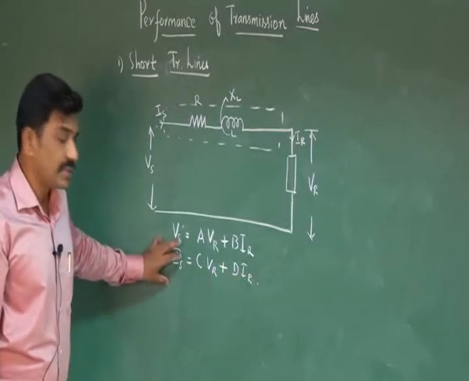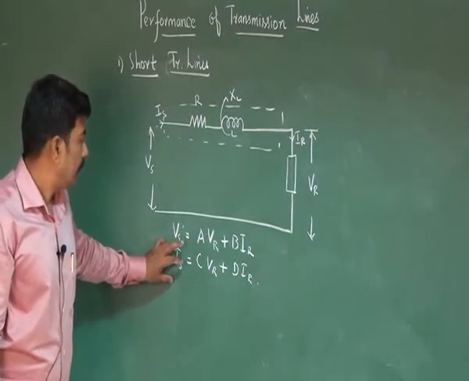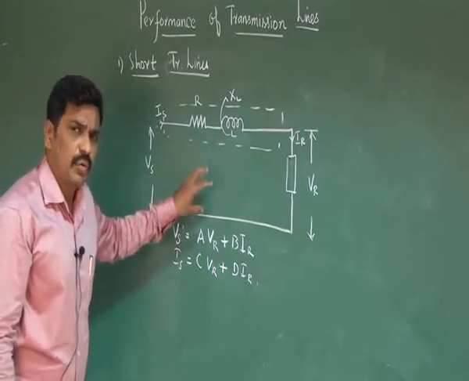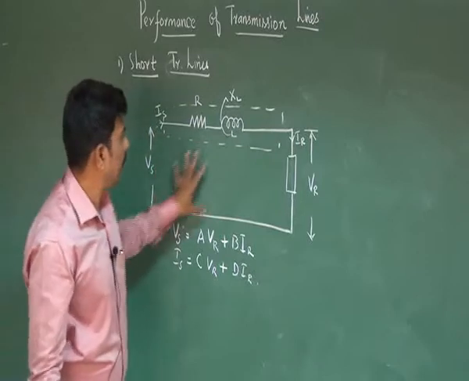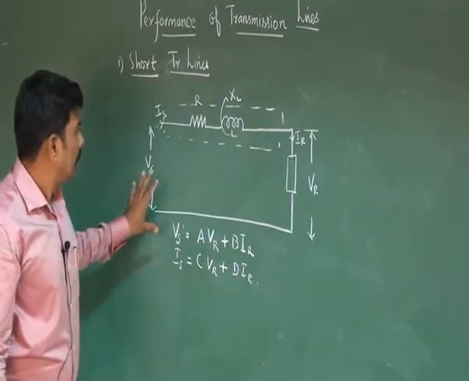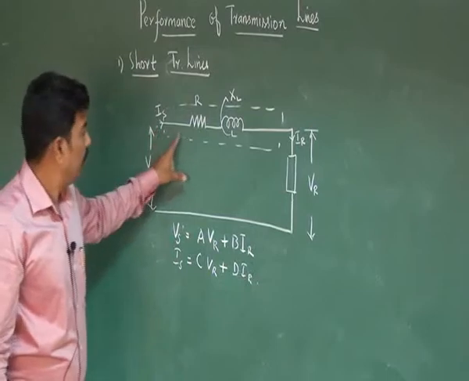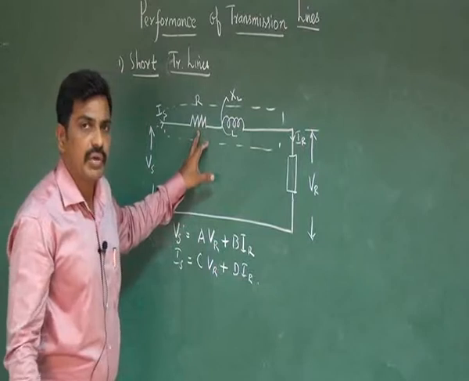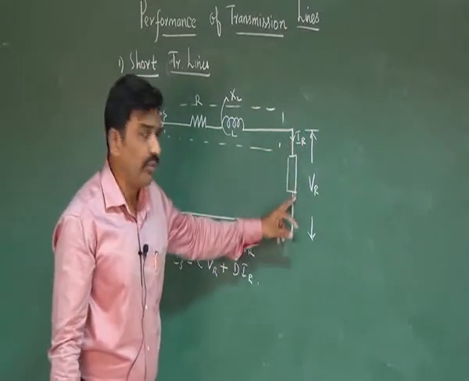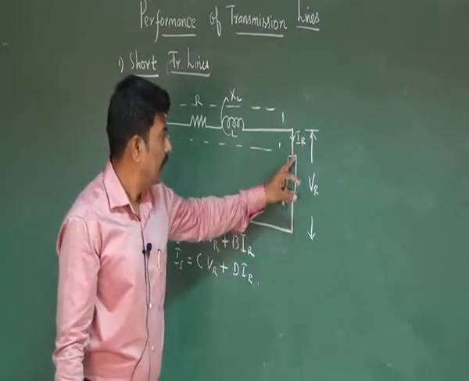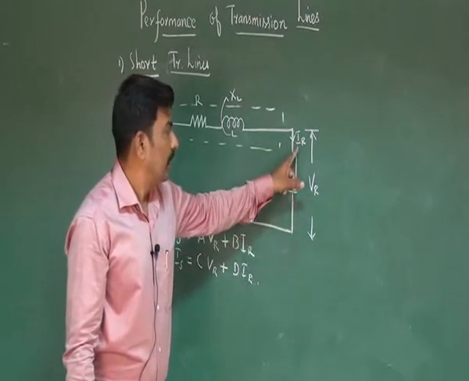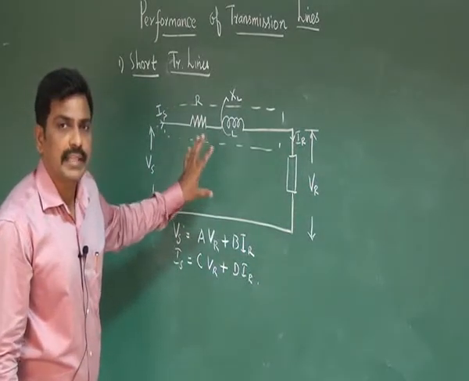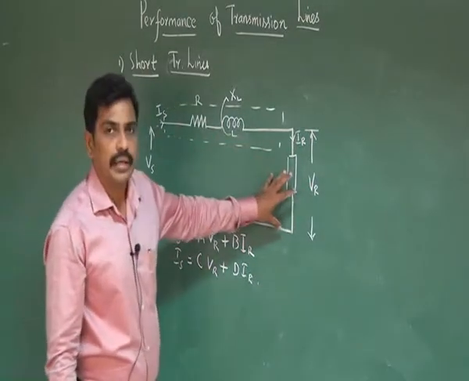Now, let us look at the circuit diagram. Let us try to solve what IS is and what IR is. Now, look at the figure. IS is a supply current. We have a series circuit. Series circuit is the combination of R and L. At the far end, we have a load. The load receives receiving current IR. Simply looking at the circuit, you can easily explain what IS is and what IR is.